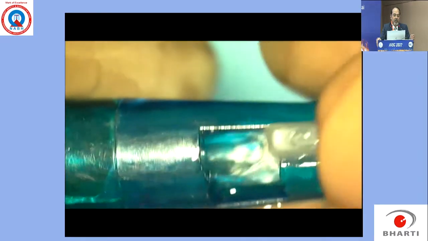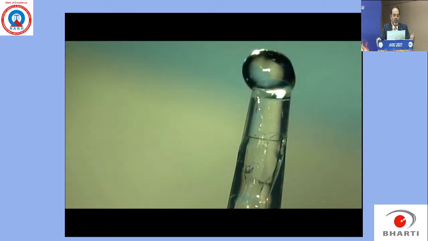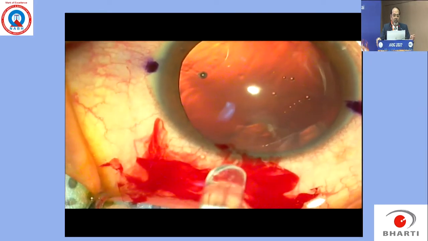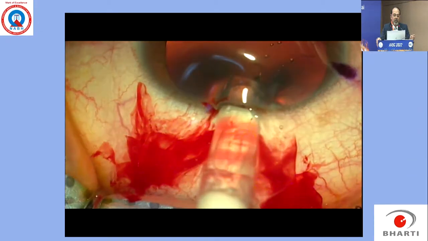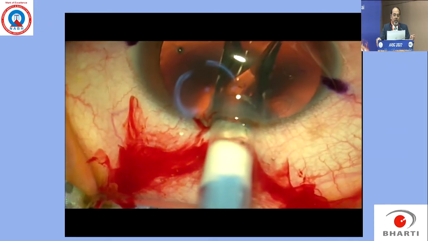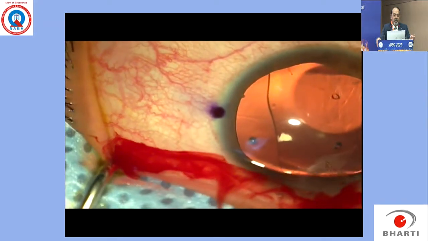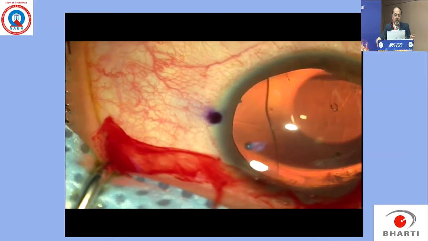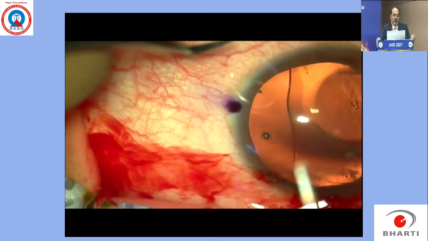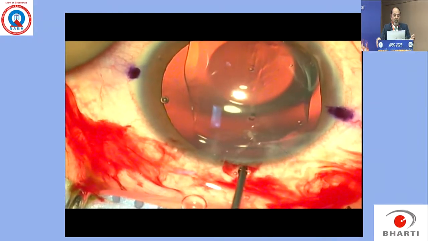Only once you will fail and may put an ICL upside down, on the reverse side, and that can cause a lot of glaucoma and eye pressure. So that's another factor, and then the rest of the thing is routine. Every one of you is doing that. It's not difficult. Just make sure that you don't touch the center of the ICL